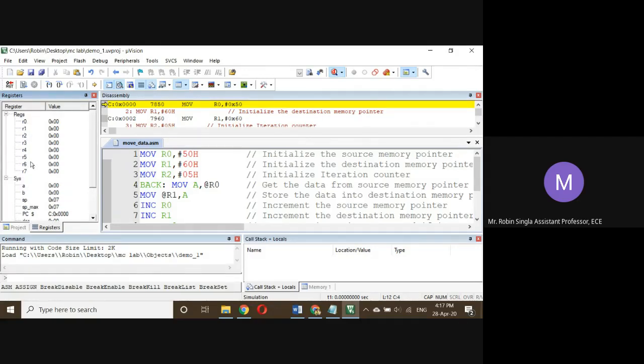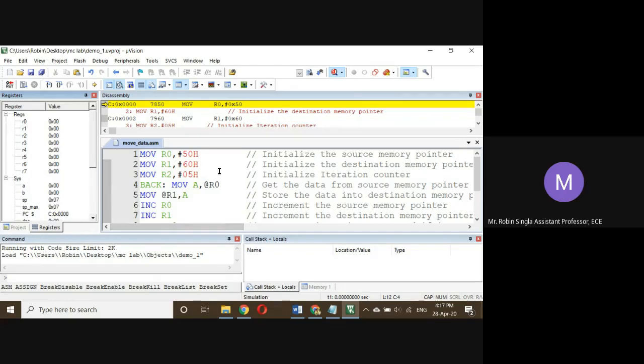For example, R0 to R7, these 8 registers, accumulator A, B register, data pointer register, and in your programs you have to check the carry flag also. I think in the fourth experiment you have to check the carry flag also. So this PSW register, if you open this PSW register, the last one is your carry flag, CY. Okay, this is your register window.